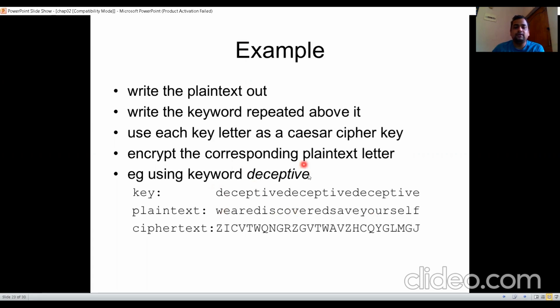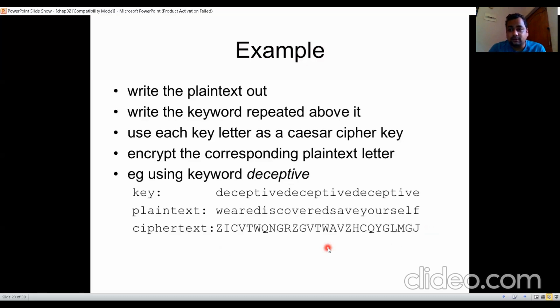Now, the concept of this Vigenère cipher is that if a key is there, you have to repeat the key up to the length of the plain text. Suppose your key size is 5 and your plain text size is 11, then you have to repeat the 5-character key again and again. You repeat it twice, then one character will be left, which is the first character of the key. Then you can perform the encryption by adding those two things and taking the modulus with 26 to find the ciphertext. This one is my ciphertext.